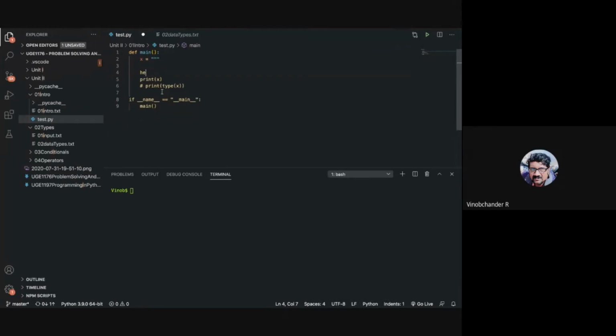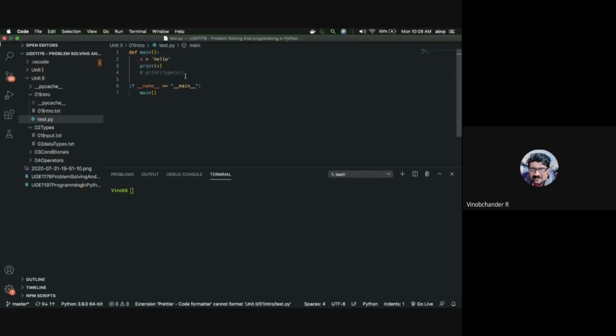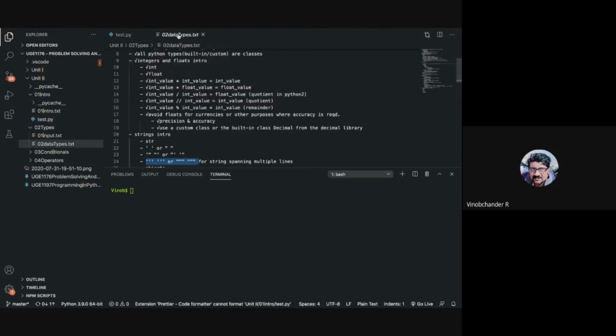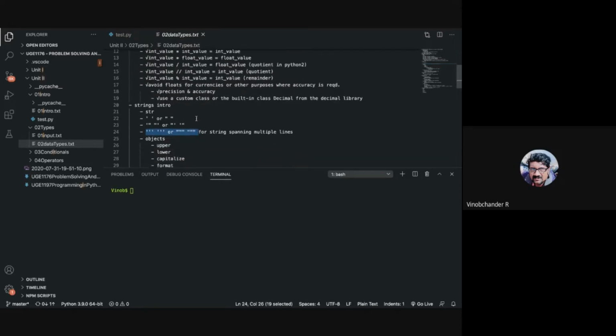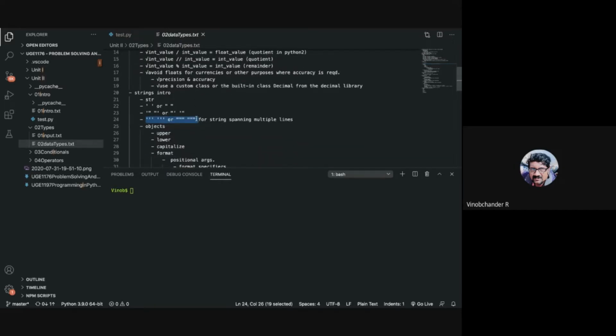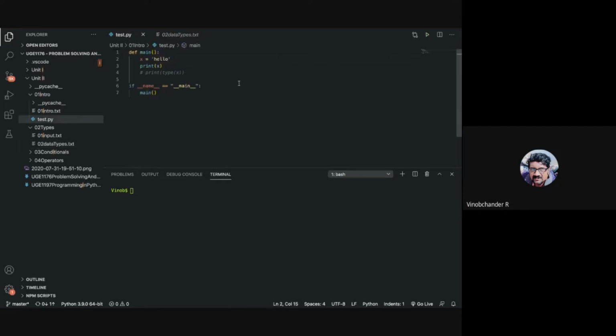Now let me go back and have a string hello. Apart from single quote, double quote, and nesting single quote and double quote, and having triple quotes, you can also make use of the methods inside the string class. For example, upper, lower, capitalize, etc. So let us see that as well.